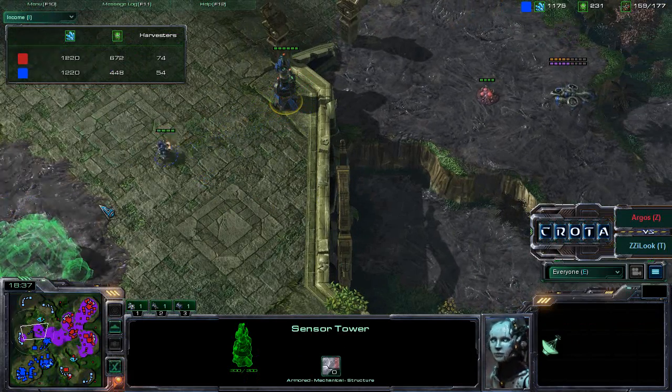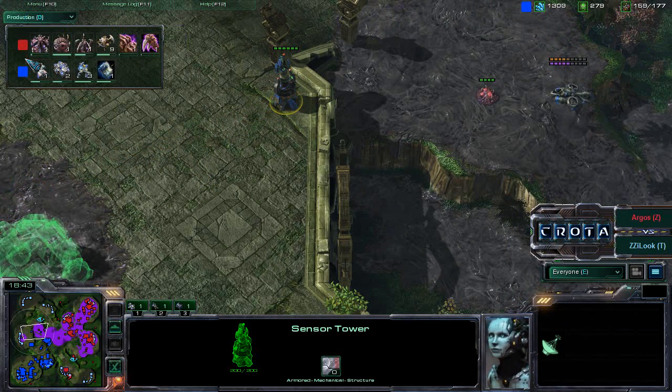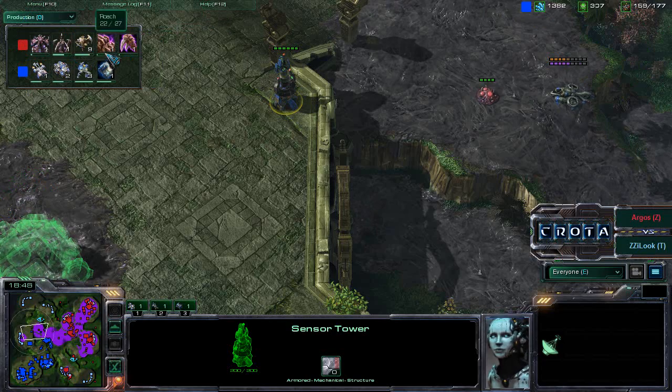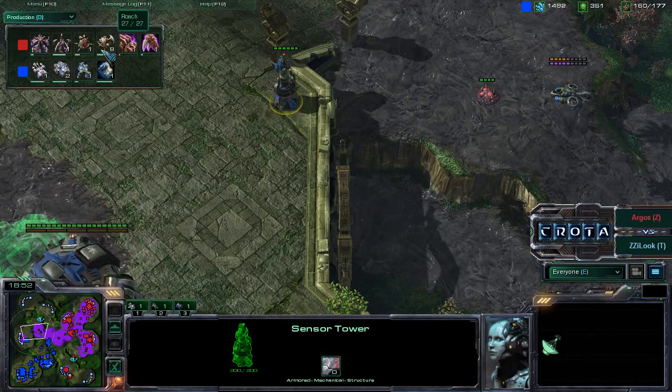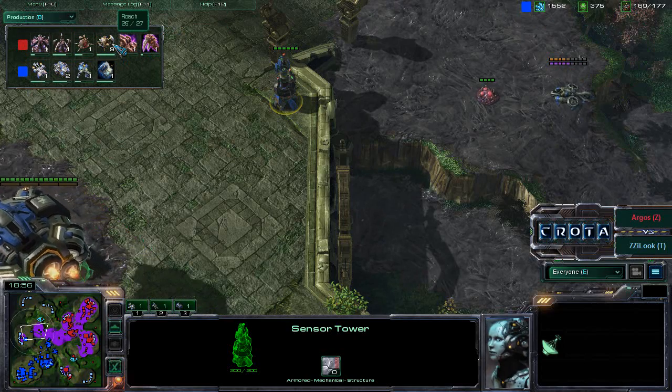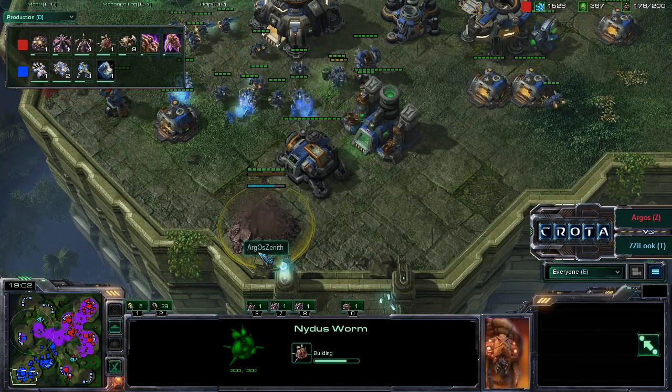The Terran player is a little bit or significantly behind in the economic game, so it's going to matter how Argos Zenith currently works. He is currently trying to train up 9 additional roaches, and we are getting the level 2 carapace upgrades for the Zerg ground army as well. And now we also have a Nidus worm, and the Nidus worm is now being spawned over here in the back